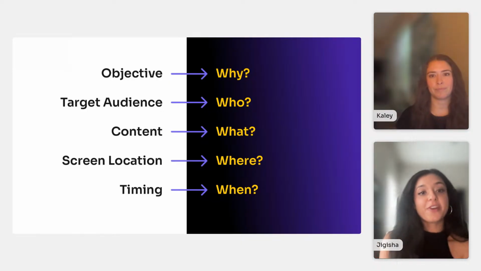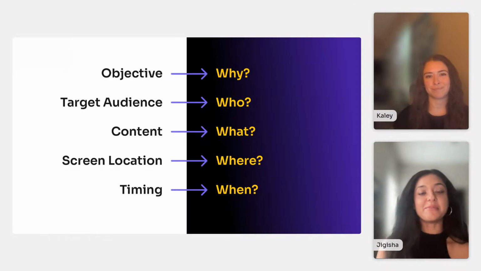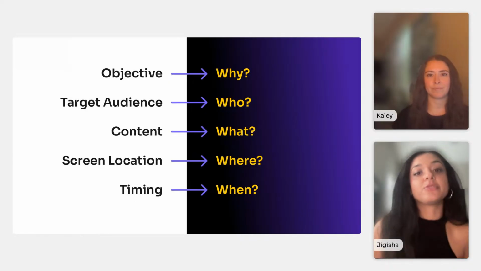We'll start with the framework we'll be using to guide you in creating this content strategy. We've tried to simplify the concept by applying it to the idea of the 5 W's: who, what, when, where, and why. I'm sure you recognize these from grade school, but today they're going to help provide a simple framework to help us think through communication planning. They'll be the foundation of a signage strategy that drives real results.